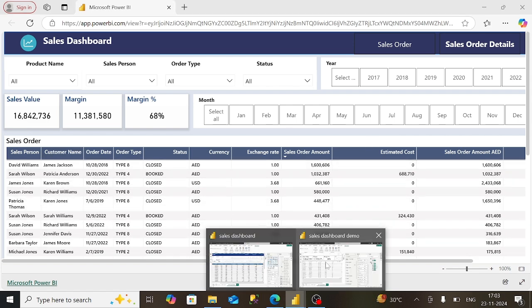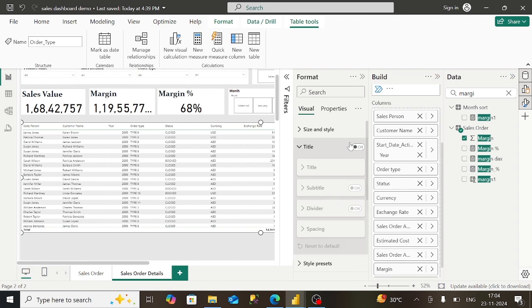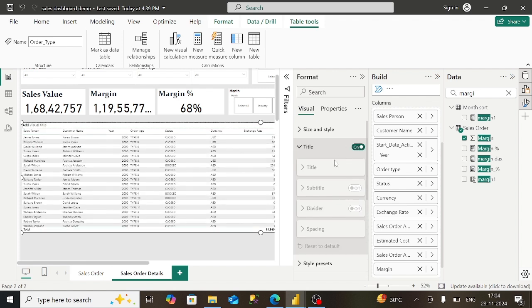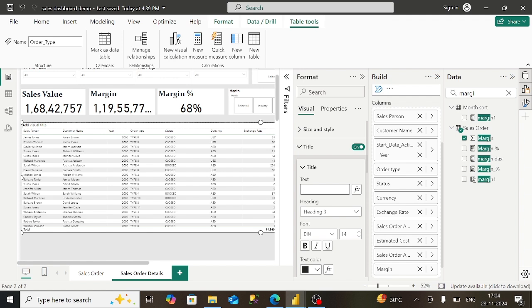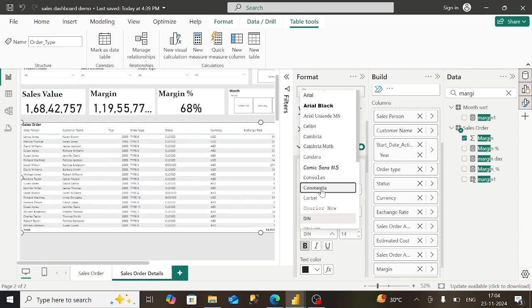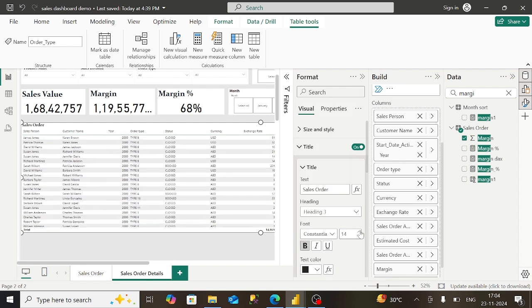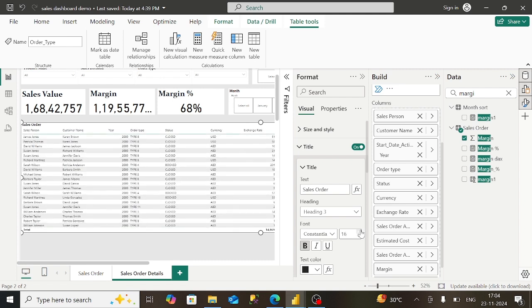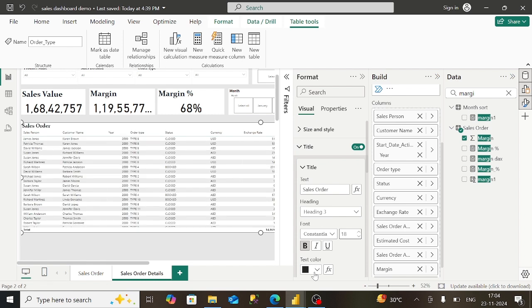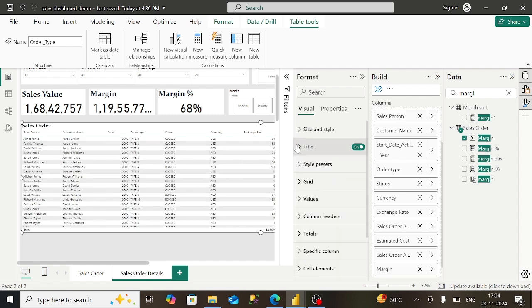Okay, the title should be turned on and sales order, make it bold, change the color and increase the size, black. Now we will change the column header